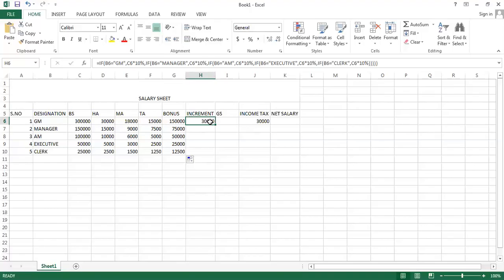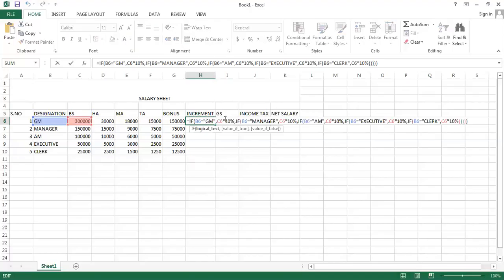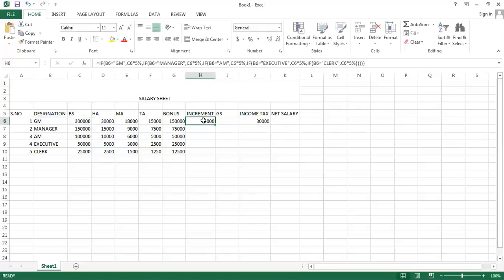So let's suppose the organization plans that because of the inflation rate, we are increasing the basic salary of all the employees, and the increment rate is, let's suppose, 5% of their salaries. So we'll be replacing 10% by 5%, and we'll be entering it. So we'll be getting the increment value, right?